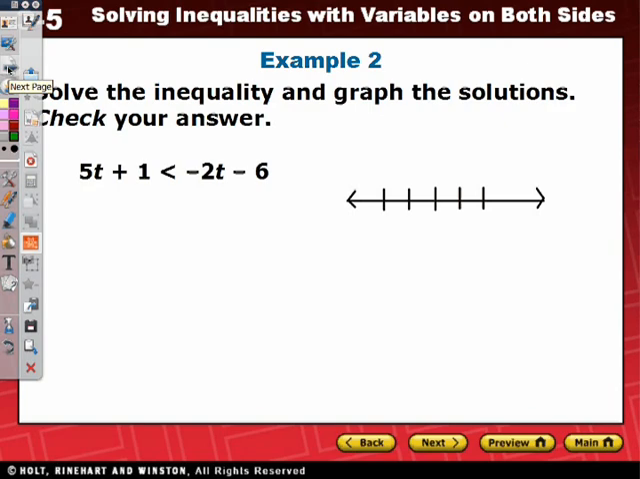Write it down. 5t plus 1 is less than negative 2t minus 6. Pause it, give it a try. Now that you're back,